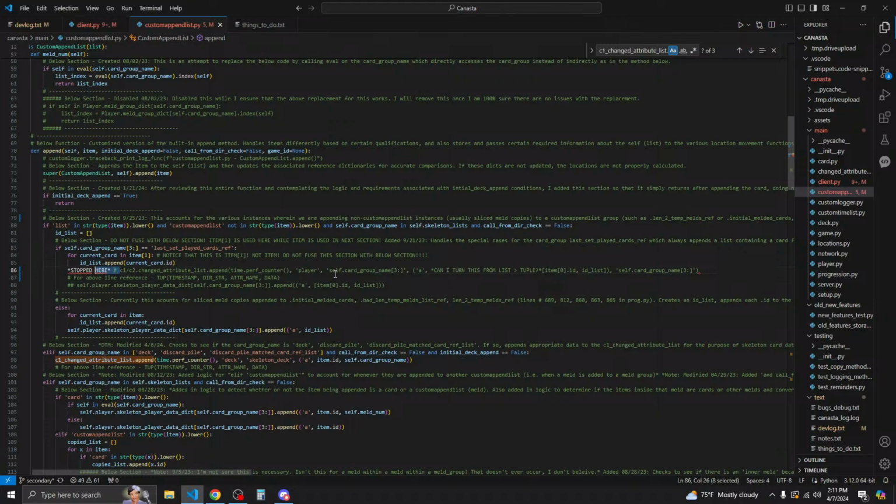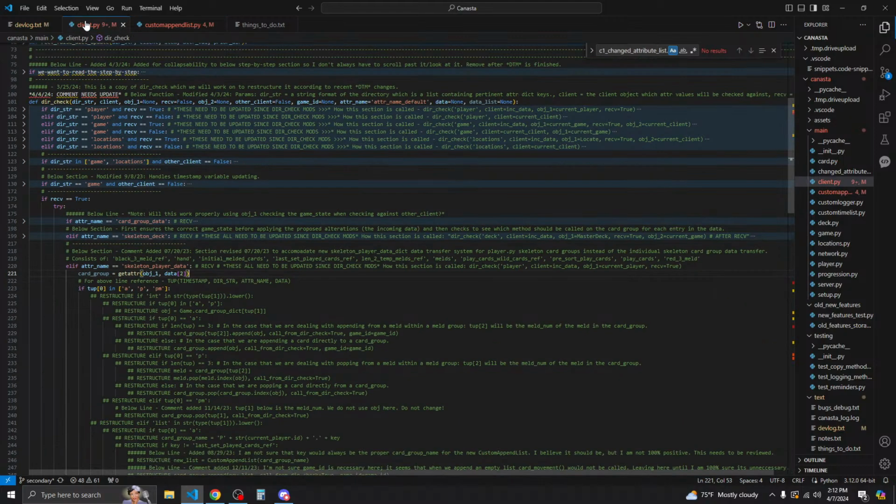And so we have C1, C2, change attribute list, append time, dot perf counter, player for the dir string, and now the adder name here is actually supposed to be the skeleton player data. I think that's, yeah, skeleton player data.